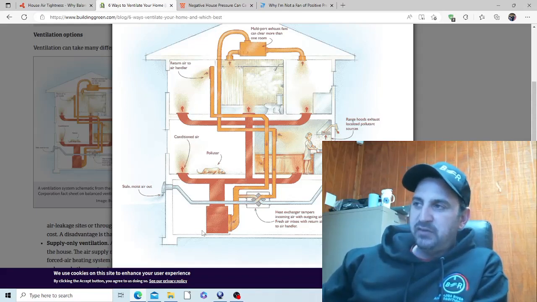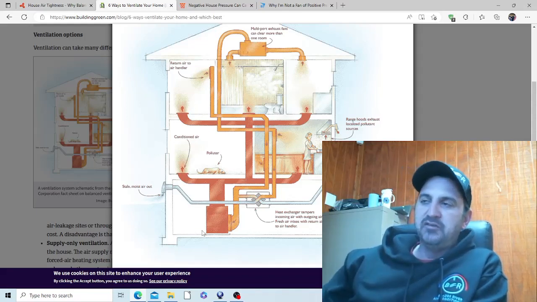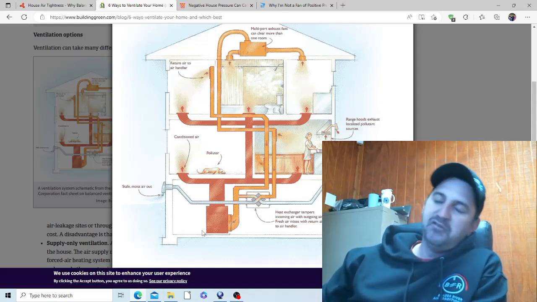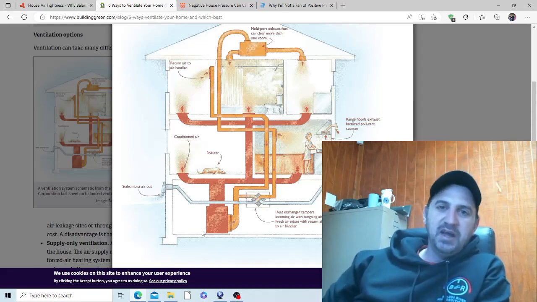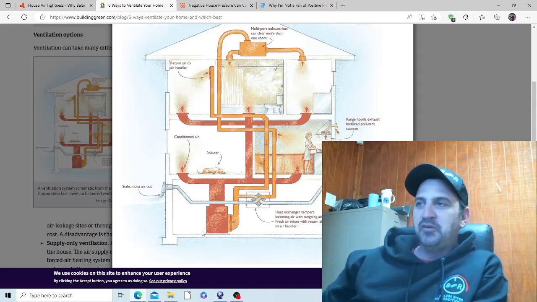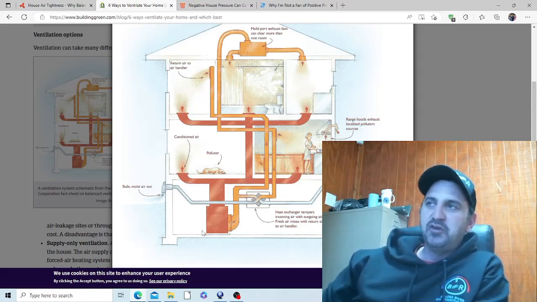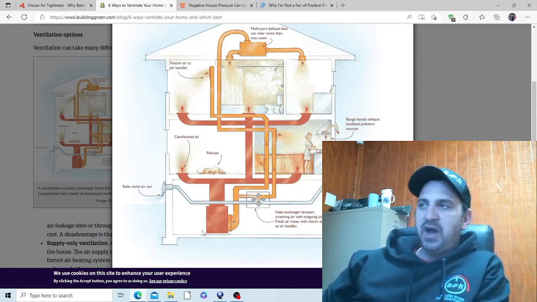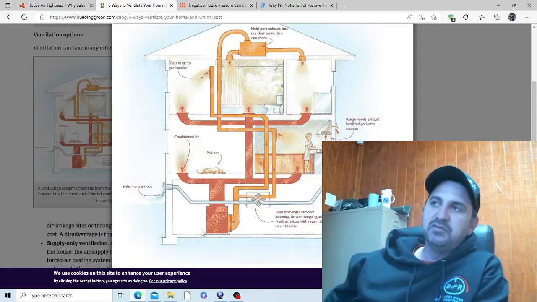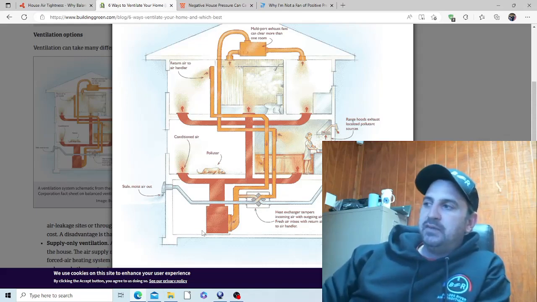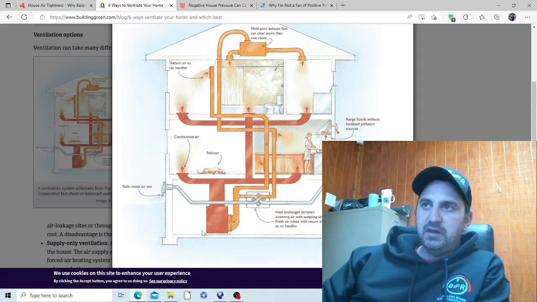I know when I did the spray foam certification classes, they preach it because of smells. Because if you have a bad smell in your home and you don't have a ventilation system, that smell will remain in your home forever. And they end up with a lot of complaints and lawsuits over smells and humidity and stuff. So in the spray foam classes, they really preach making sure that you have a correct ventilation system. The issue is that it gets pushed from the